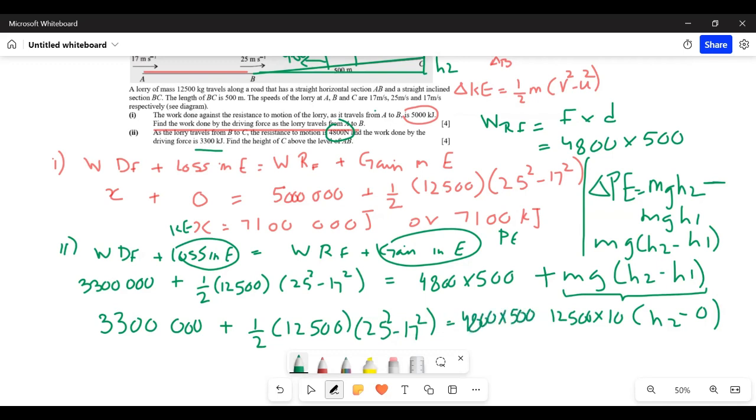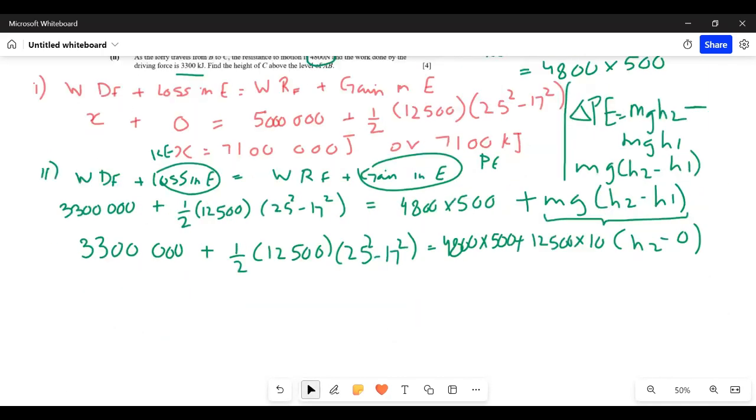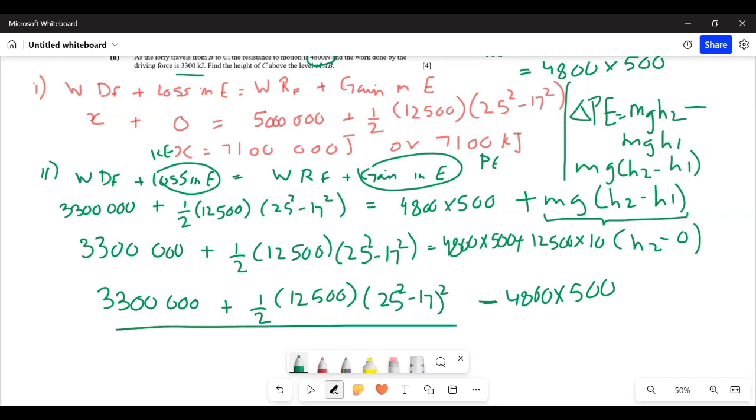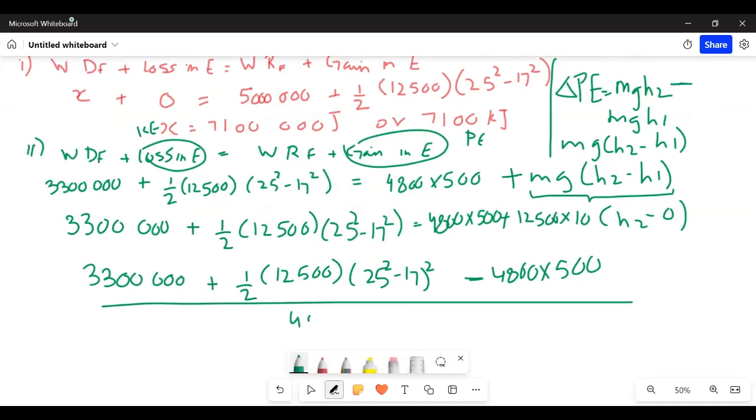4800 इंटू 500 निकाल के इसको सब्ट्रैक्ट कर देंगे फ्रॉम द अदर रिजल्ट, और फिर 12,500 इंटू 10 को डिवाइड कर लेंगे। सो न्यूमरेटर शुड बी 3300,000 plus half times 12500 and then 25 square minus 17 square। इसके रिजल्ट में से हमने 4800 इंटू 500 सब्ट्रैक्ट कर लिया, और इसके रिजल्ट से हमने 12500 इंटू 10 डिवाइड कर लिया, which gives height is equals to 24।